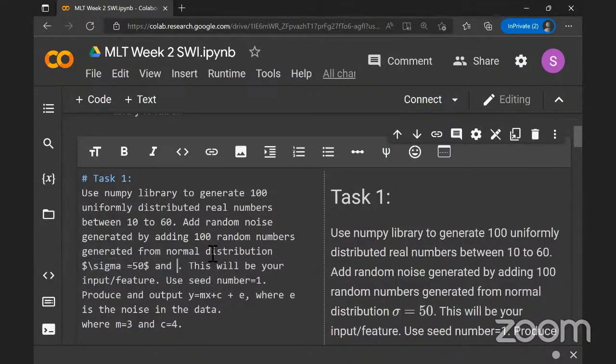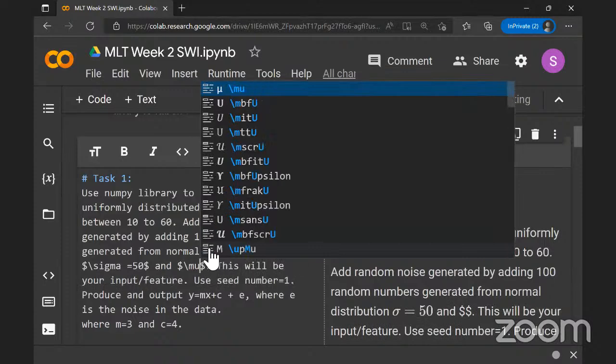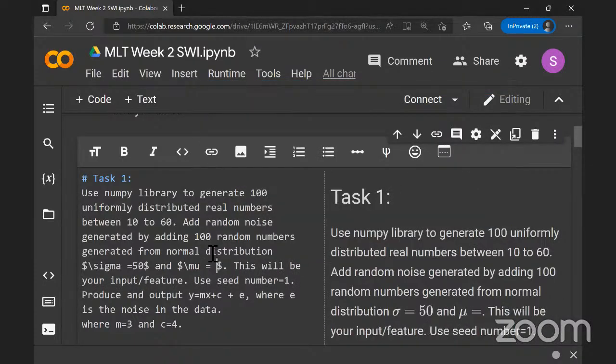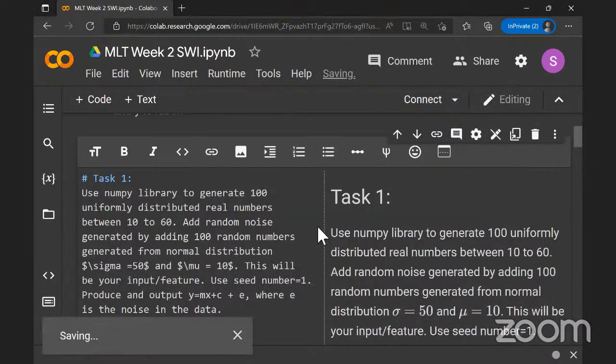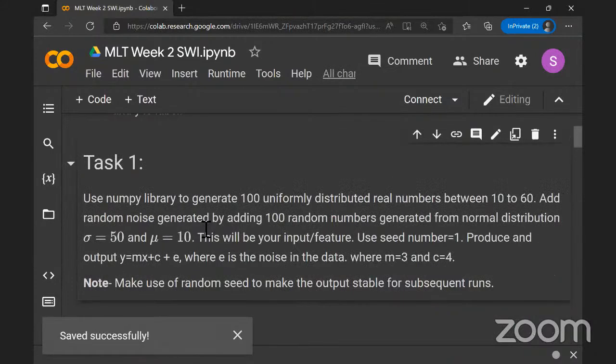And mean should be 10. Okay. So use this as random number